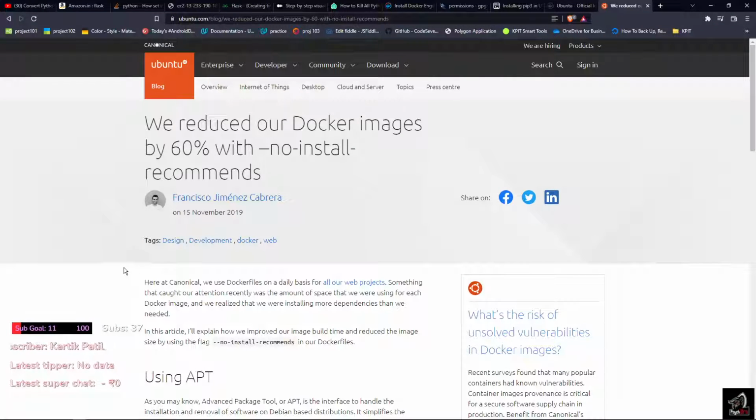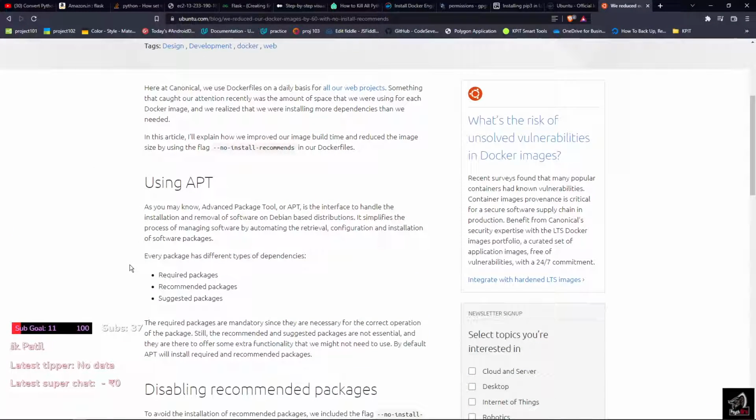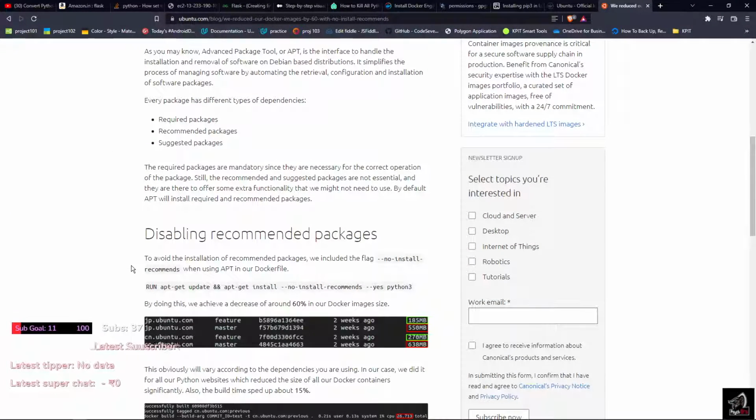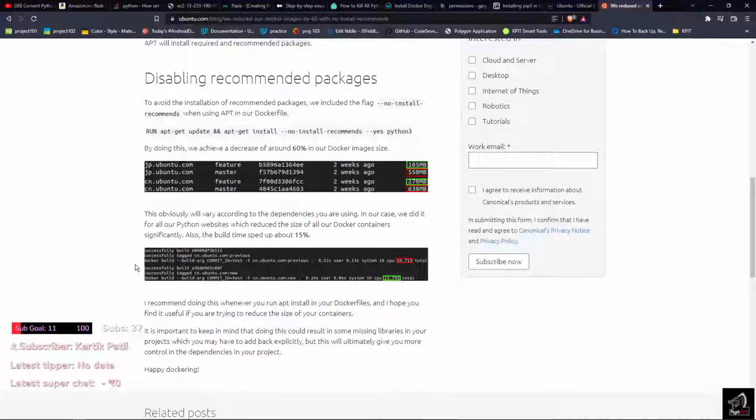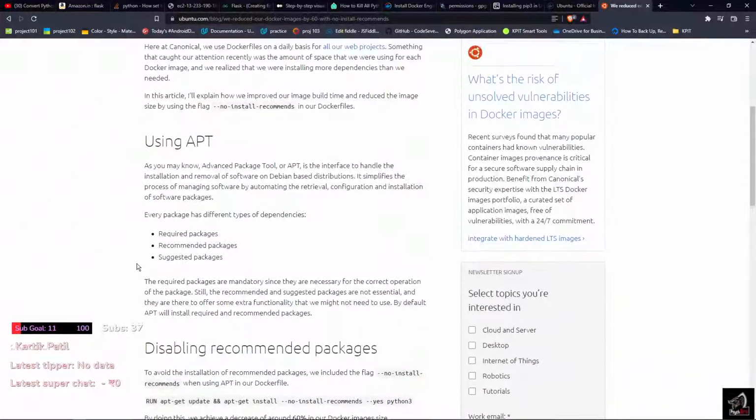Using apt-get with no-install-recommends, disabling recommendations on our installation. We include the flag --no-install-recommends in apt-get install -y python3. How do I create a